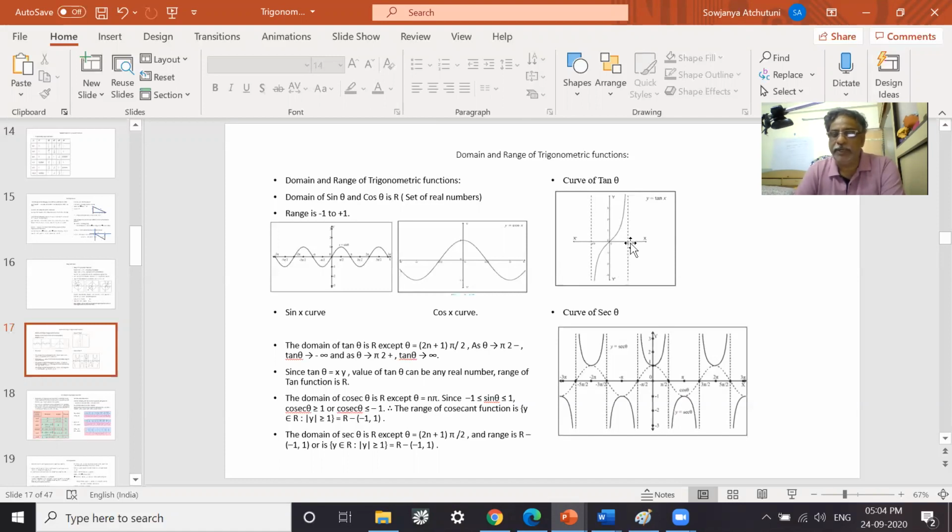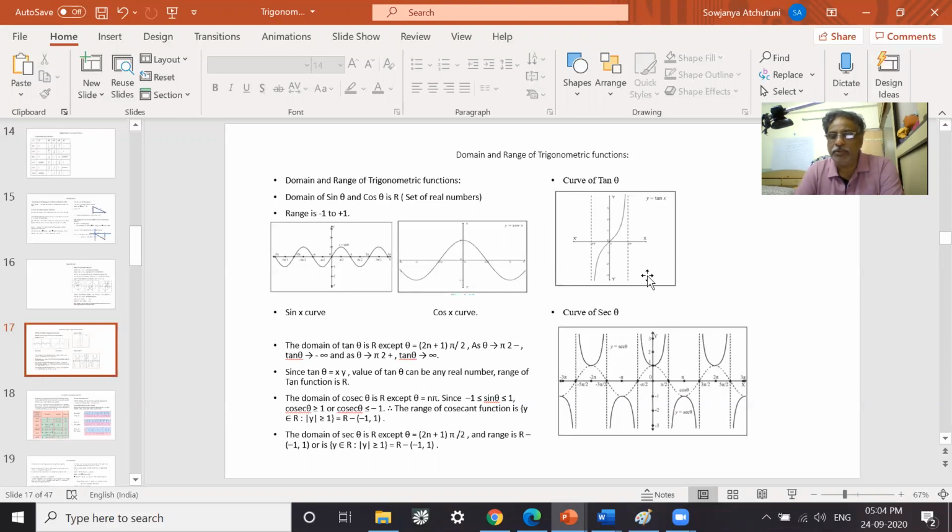And this graph repeats. What about from 90 onwards? This is the second quadrant. From 90 onwards, in the second quadrant, tan theta is negative. Again, the same curve repeats. At 180, it touches 0. Then at 270, it goes to the top. Similarly, in the fourth quadrant, it rises from the bottom. The same curve repeats. Here, this is plus 90.